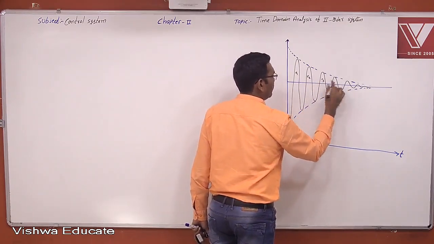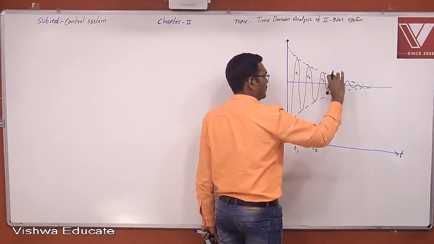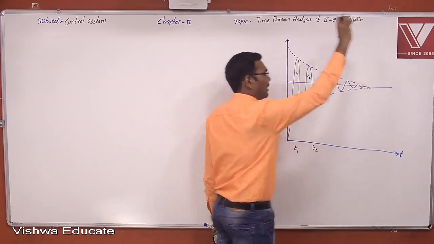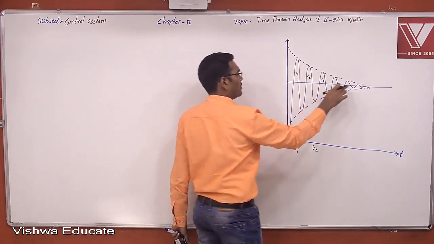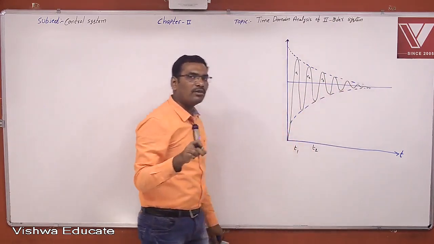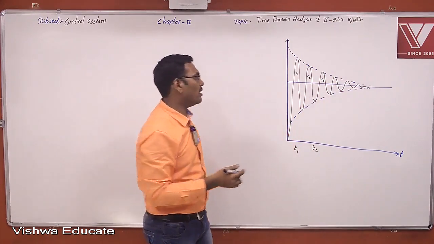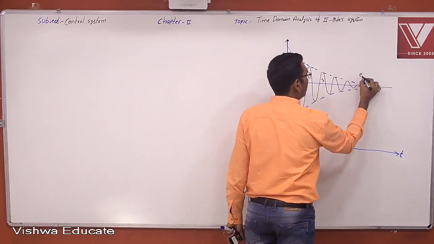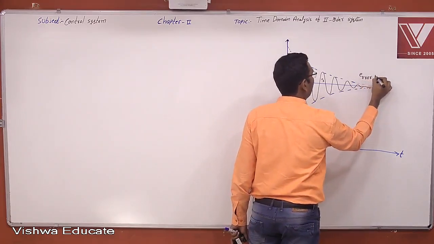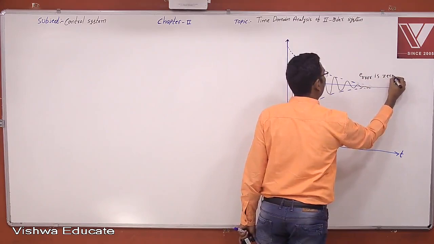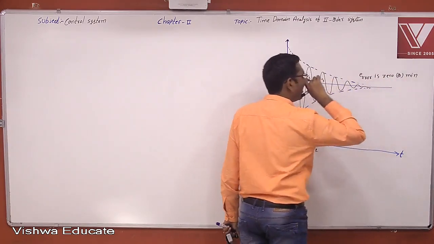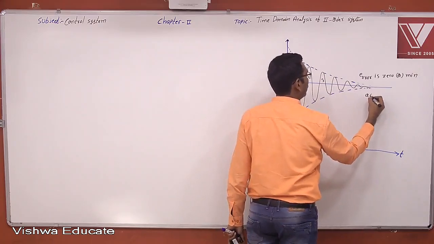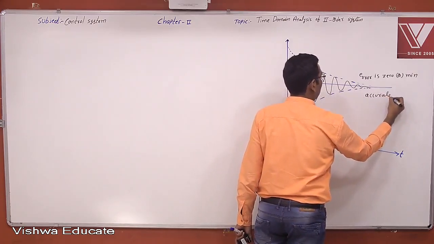If you observe, then what happened now? This error is decreasing, and the response will reach the final value with an error of 0. Now when the error is 0 or minimum, that response is called an accurate response,